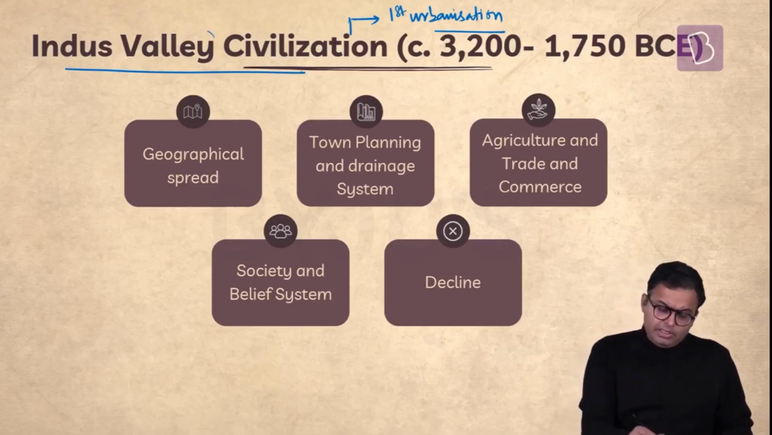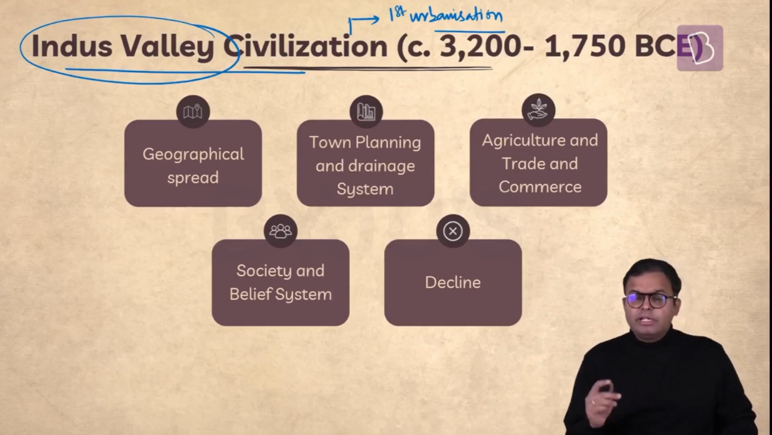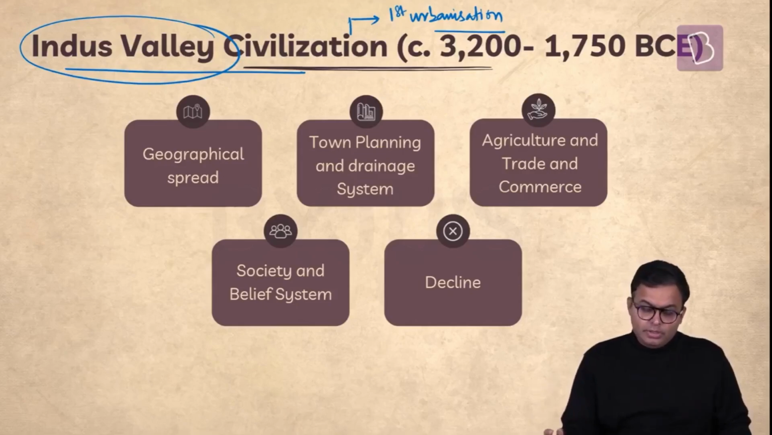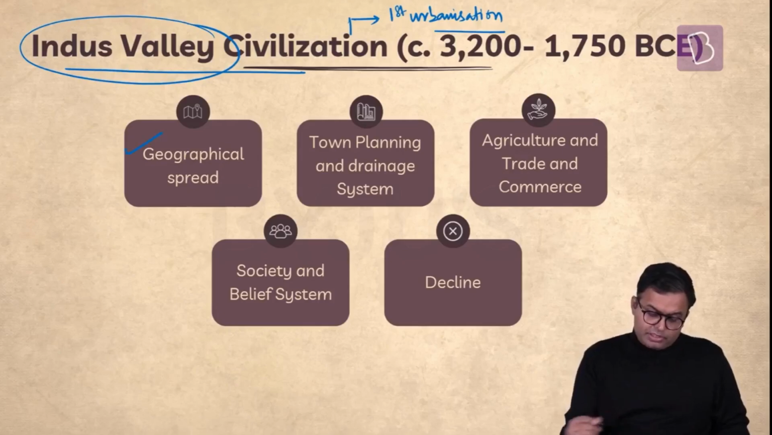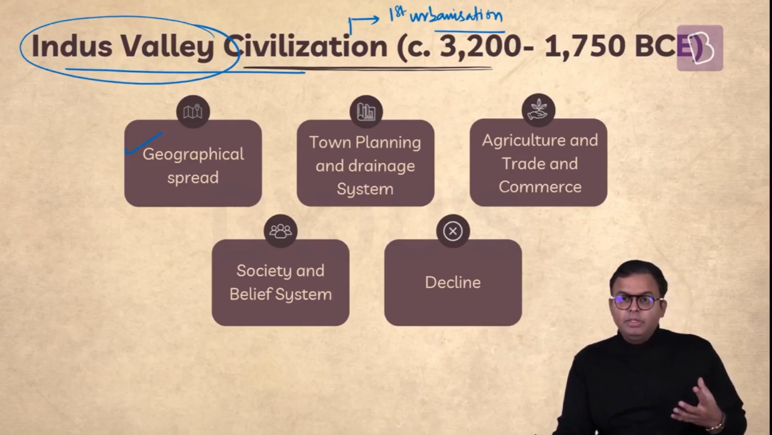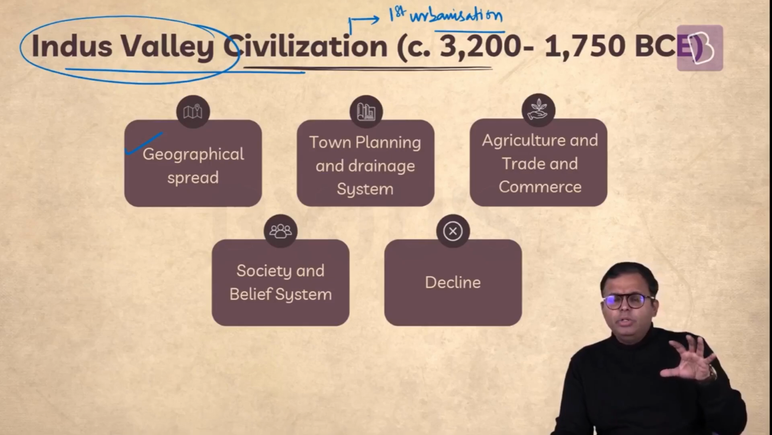And why the name Indus Valley? Because most of the urban sites, now let me tell you, not all the sites were across Indus River basins. Most of the urban sites were there. So in this chapter, we have to understand the geographical spread, how it was spread, and how on the basis